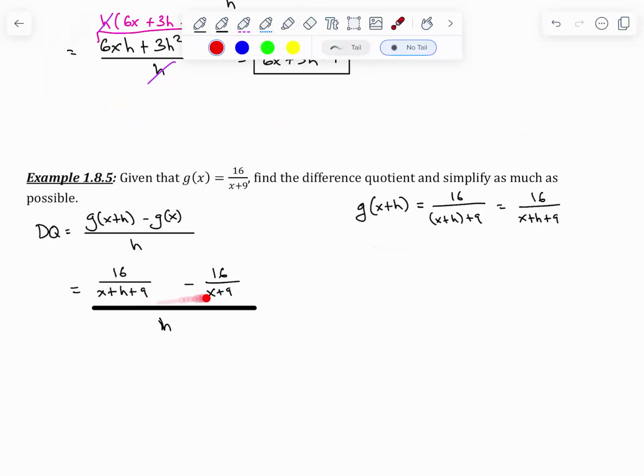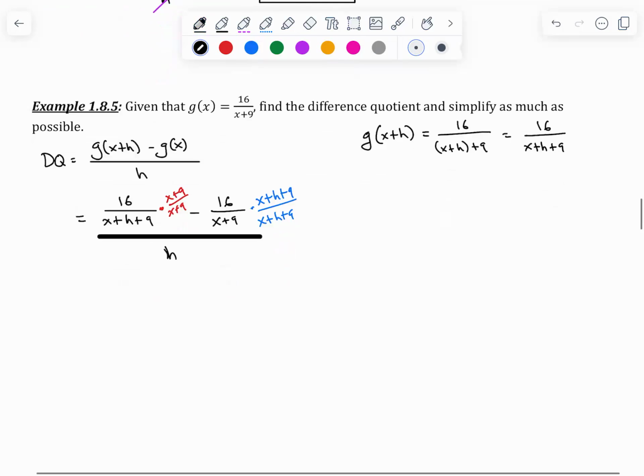because we can't cancel them here because they've got different denominators, and that leads to our solution on how we're going to approach this problem. We need to find a common denominator. So we'll multiply the first term by x plus 9 over x plus 9, basically what it's missing from the common denominator. And then we'll multiply the second term by x plus h plus 9 divided by x plus h plus 9. And when we do that, we now get,